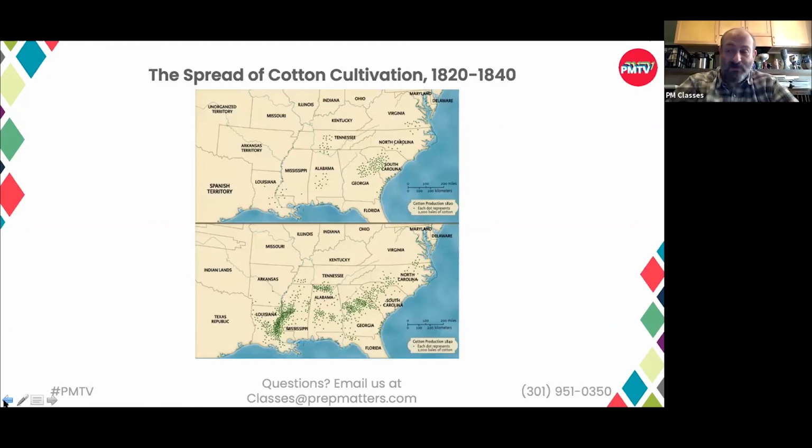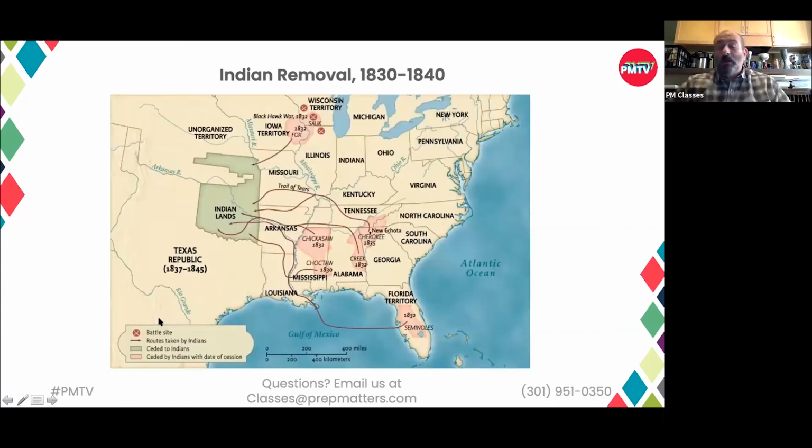Jackson also stakes a major claim to expanding the power of the federal government and territory of the United States vis-a-vis Native Americans. Jackson had come to fame in part by fighting Native Americans along with the British during the War of 1812. Now, during his presidency, the Native peoples of the Southeast were in the way, so to speak, of the expanding Cotton Empire. And under Jackson, Congress passes the Indian Removal Act of 1830, which lays the plan to move 60,000